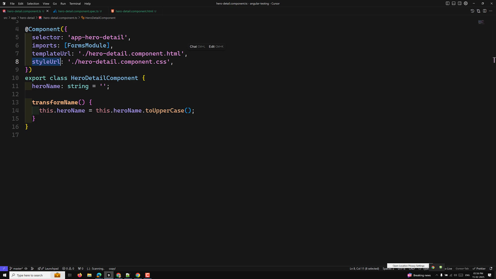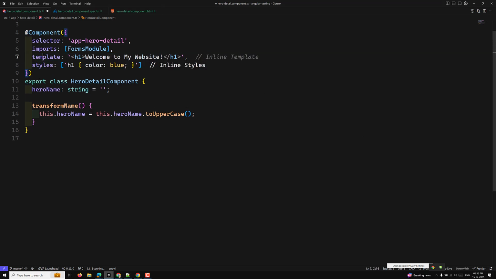One is inline templates and styles. Everything is inside this component directory only. So you can write the HTML here itself instead of referencing the file. The HTML and CSS are written as strings inside the template and the styles properties. So that's the one thing. So something like it should look like this. I will try to copy and paste this one here so that you can understand. So like this, the inline template, welcome like this, and the styles if you want you can add it